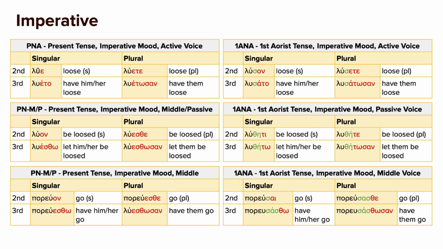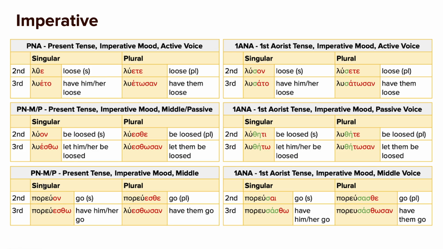All right, and then we will look at the passive voice. Instead of the sigma, you now have the theta, eta, lutheti, luthetoo, luthete, and luthetosan. So notice how this sigma goes away, and we have a thete instead of sete, and then instead of satosan, it's thetosan. Now, don't worry, these are obviously going to be very confusing when you first hear them, but I just want to give you an overview of all the different ways you can tell somebody what to do in ancient Greek. So now let's look at PM.